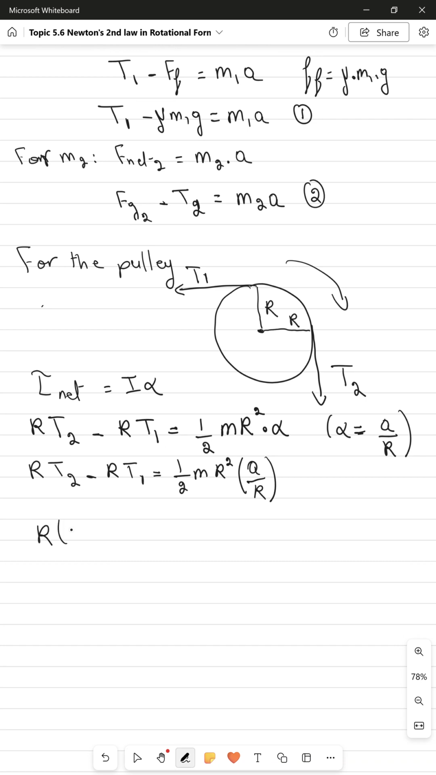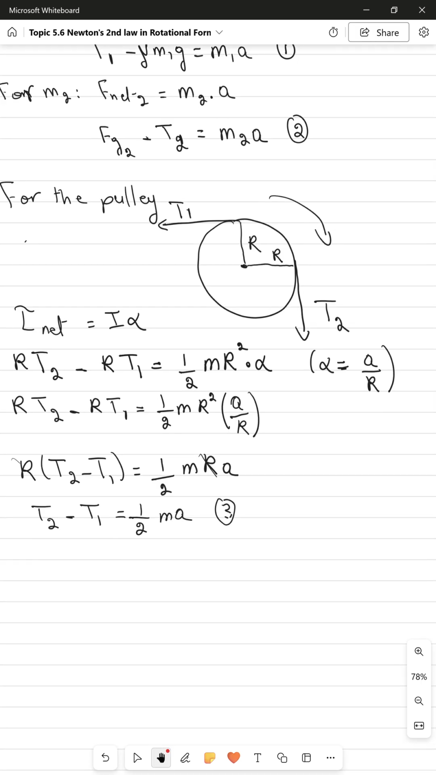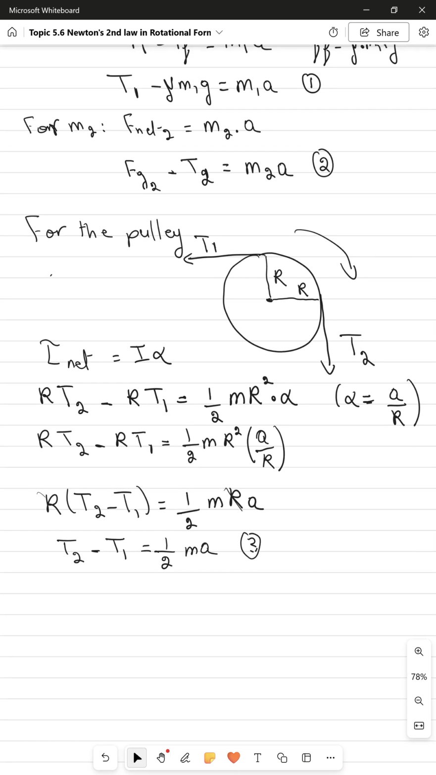R into T2 minus T1 equals R squared, and R, I'll remain with 1R, so half M R times A. Now again, R and R, they will cancel, so we remain with T2 minus T1 is equal to half M A. That's going to be our third equation. So our three equations are, for now,